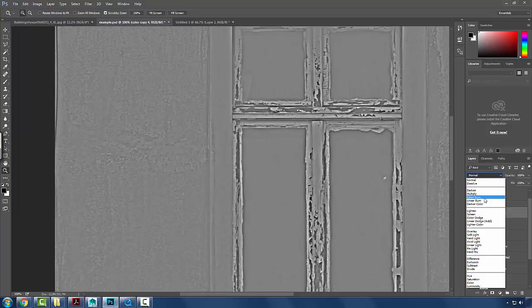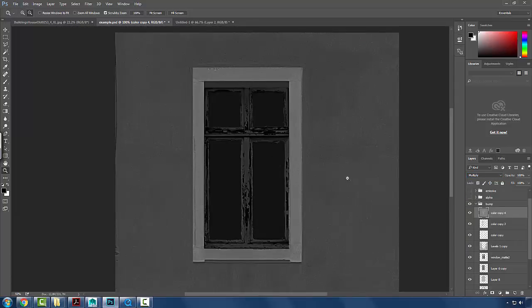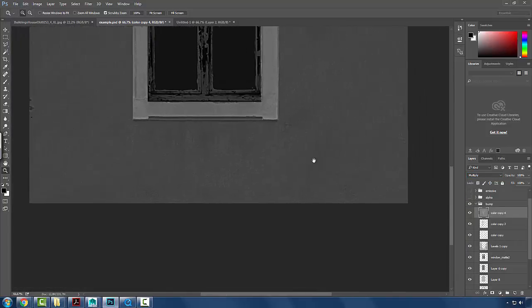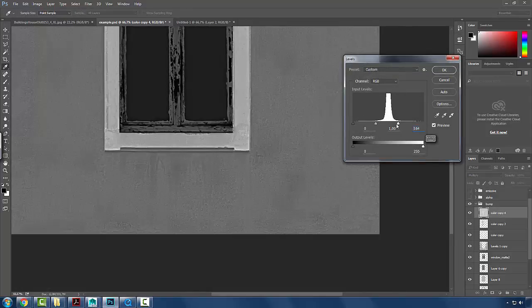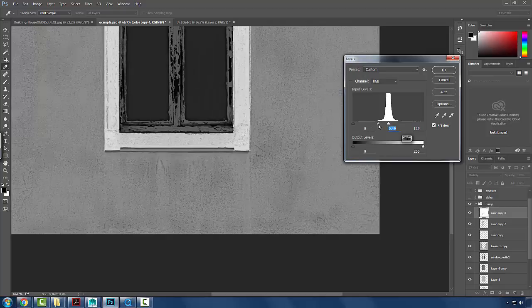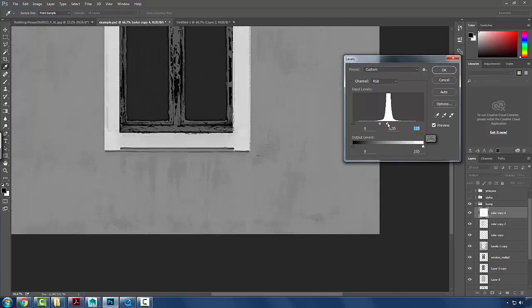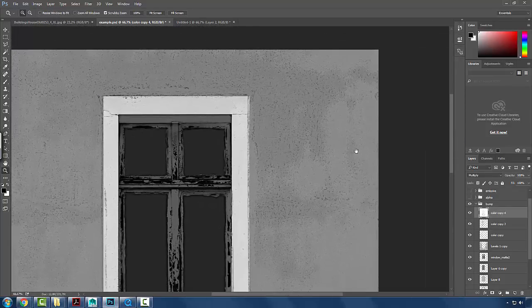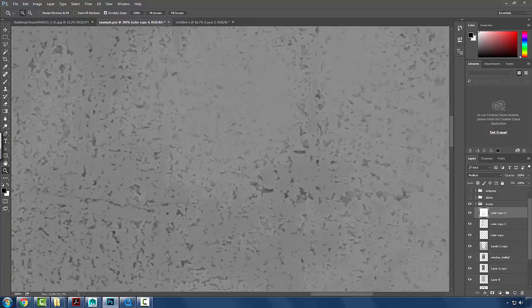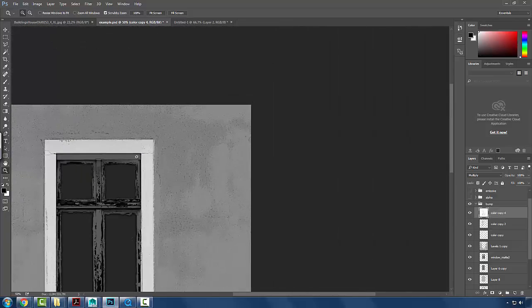And again, if we set this to multiply, we're only going to be pushing in, like these values are never going to go above neutral gray. And then we could play around with the levels, and I could be left with only these subtle little details, something like this. We could also have done an adjustment layer for this to have control over the levels after the fact. But just because I want to do this very quickly right now, we're just left with these beautiful,